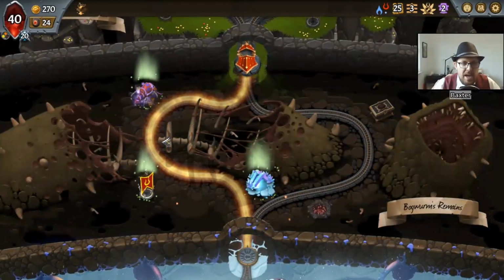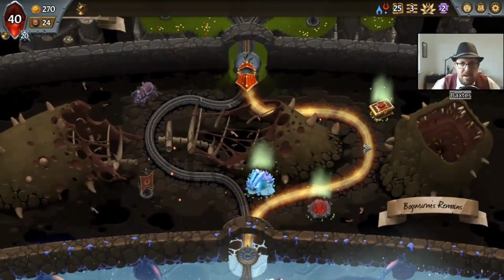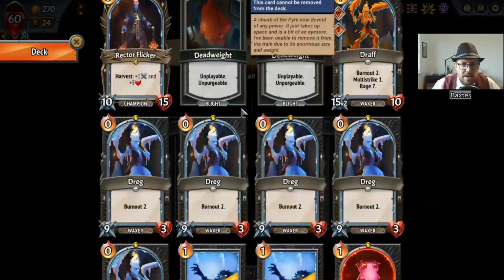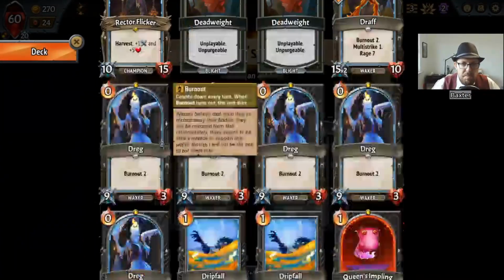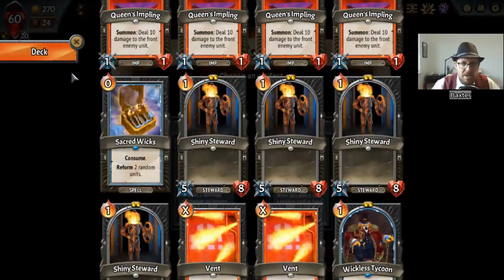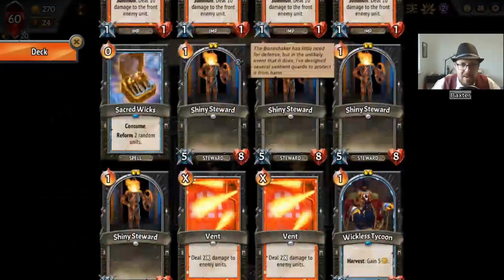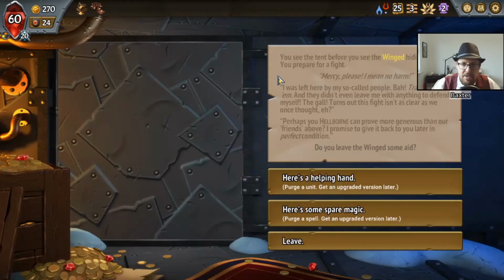We really need a Wickless Tycoon or a Wickless Baron or a Big Sludge. I guess there are other units that could be okay too, but I'm going to go right path here and get the health and relic. Flicker's Liquor. I really like Flicker's Liquor. I also like Jack Strips because then you can play on the second floor and have things come up there and instantly die. Are we going to get a lot of high cost stuff? Probably not. I think we go with Jack Strips, and that gives us the flexibility to play on the second floor and still get all of the